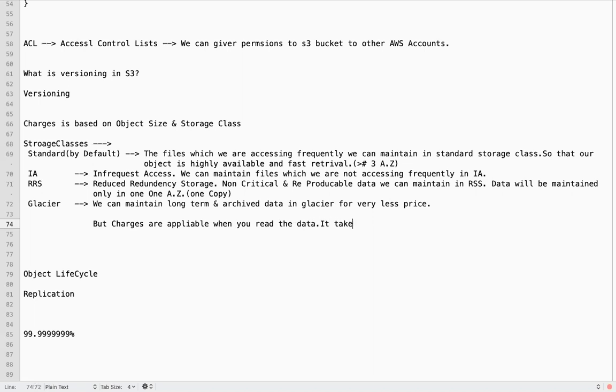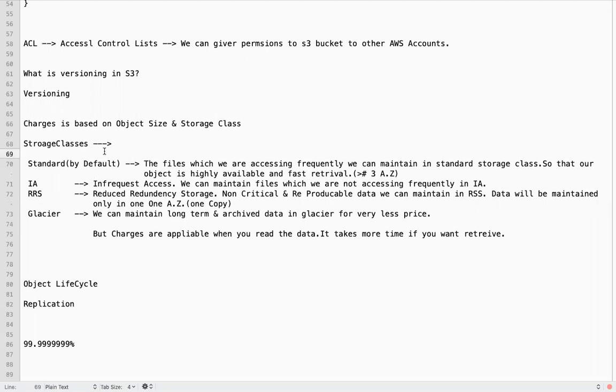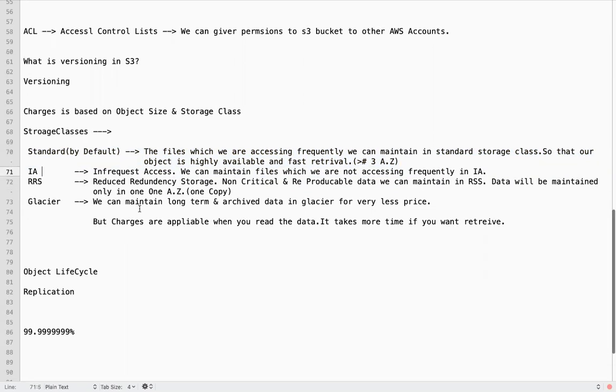It also takes more time if you want to retrieve. They have storage classes based on the number of availability zones, I mean the number of copies they maintain of the data. So the charges are applicable accordingly.